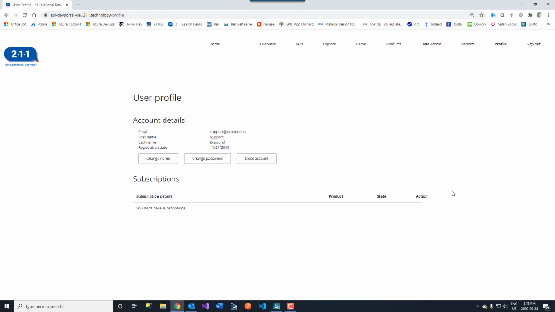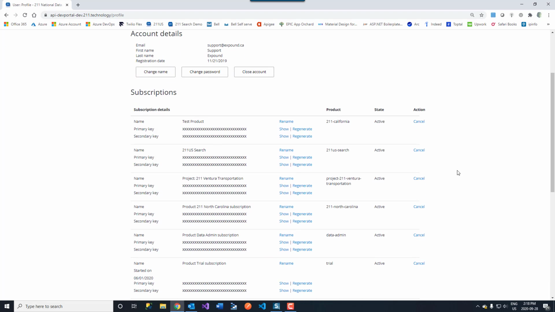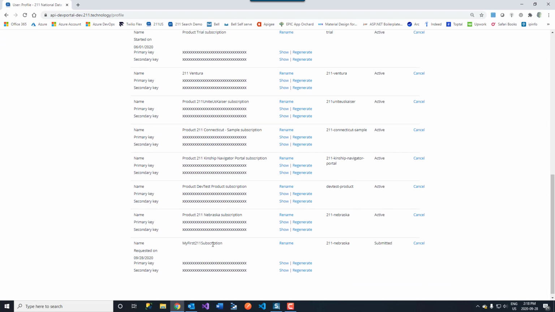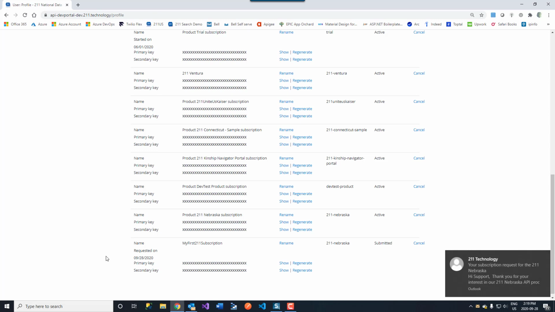Now at this point, even though I will, as you'll see, have received a product key for my first 211 subscription, we have a manual approval process behind the scenes. Because a developer can apply for a subscription for a product, the platform administrator will receive an email that says essentially, this individual has applied for a key. Here we can see it coming in by email, and that person would like to have the key